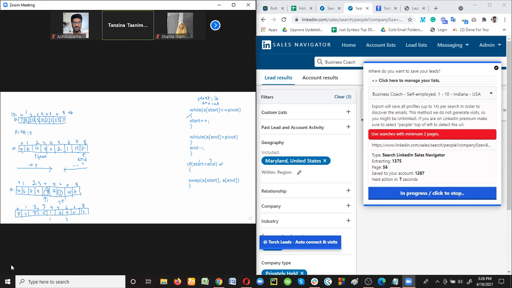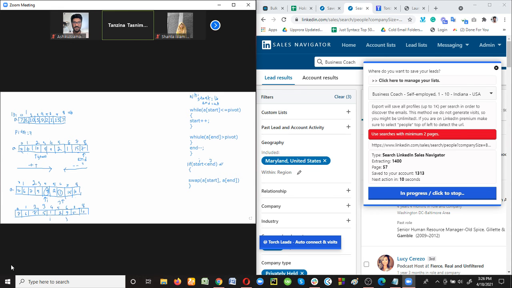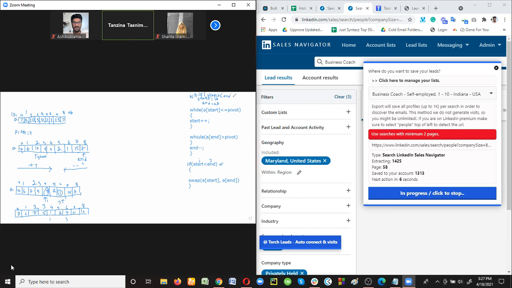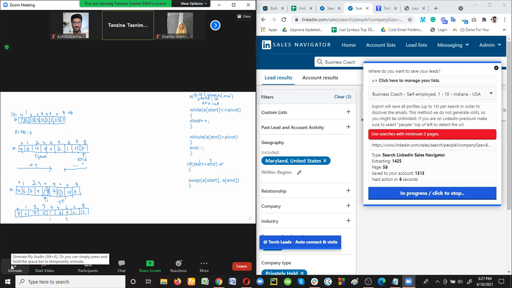That means we will repeat this process until start is less than end. So here we can apply the same condition. We can repeat this whole process until start is less than end. So here, look at the values of start and end, or I and j. What is the value of I? I equals 4 and j equals 6. That means now we can continue this process one more time.